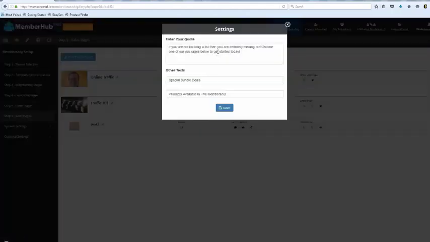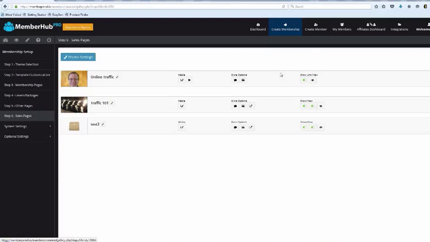Then we have this little quote block here. And what I want you to do is pay attention to this one that says special bundle deals, because you can change this out, okay? And then over here, we can show it on the sales page or we can turn it off. So maybe Todd's running a special and he doesn't want the free members to be able to upgrade this. Well, he can turn this off from showing on the sales page. He can turn this off from showing in his store, okay? So all of this here is pretty self-explanatory. Now, I'm going to come back to this here in a minute.